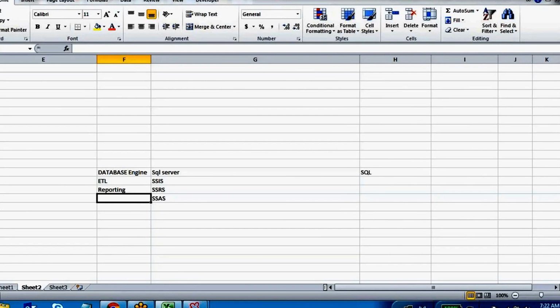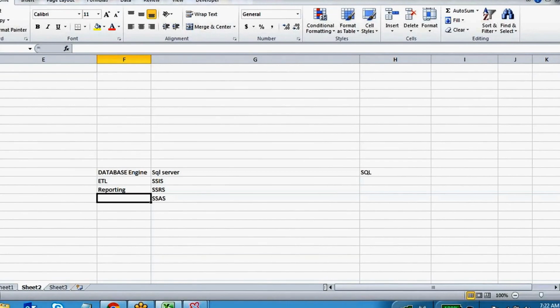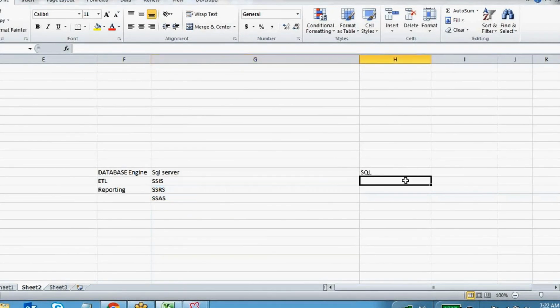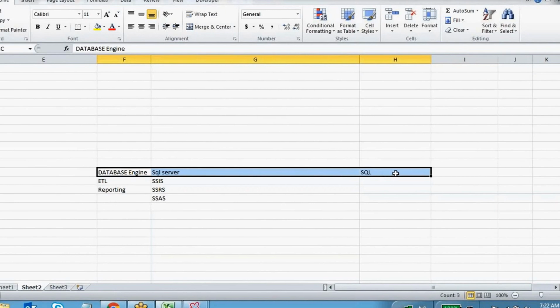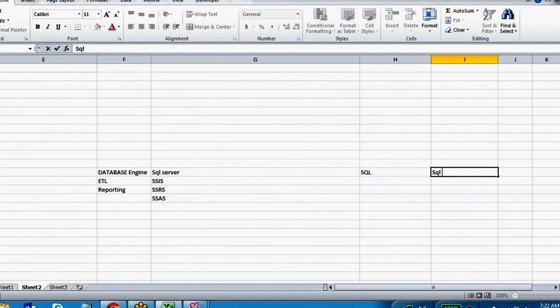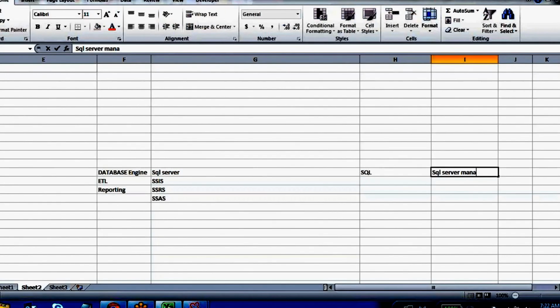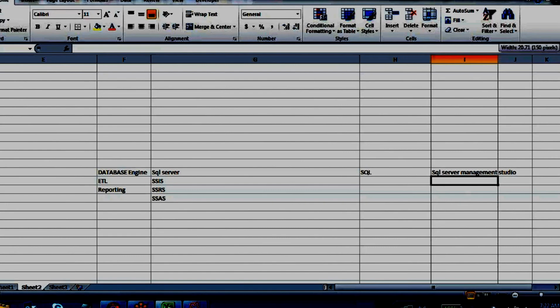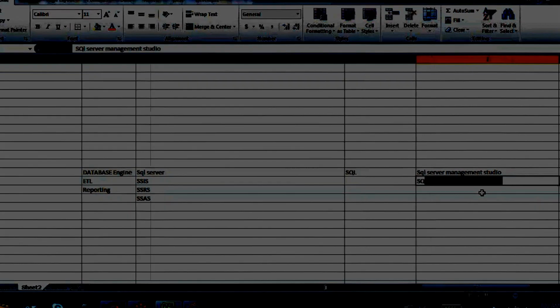SSAS is cube designing. It's a kind of storing the data. So if you want to design all these, you definitely require a tool, right? So what is that tool? For the database engine and SQL Server, you have to use SQL Server Management Studio. And for SSIS, SSRS and SSAS, it is SQL Server